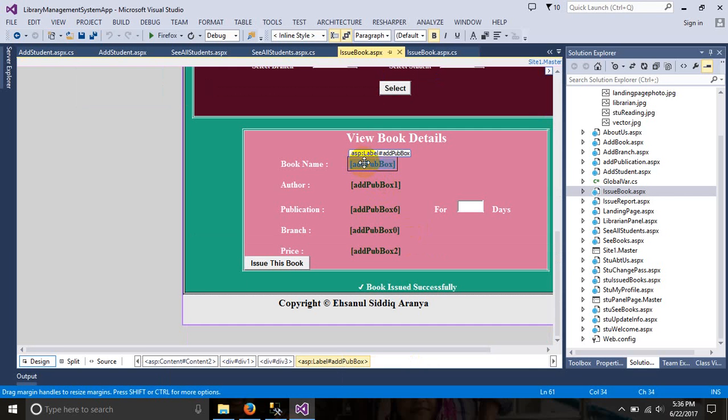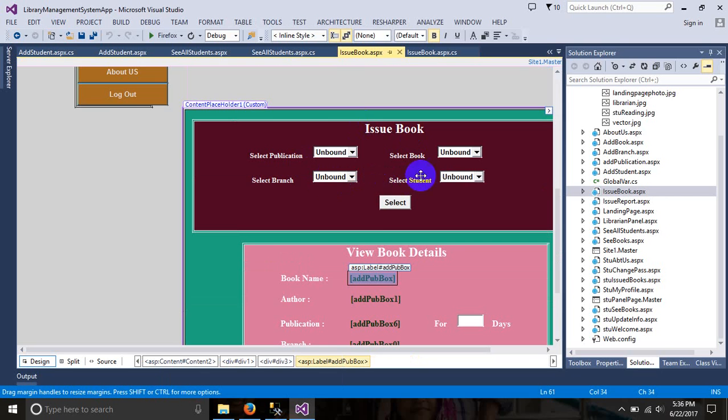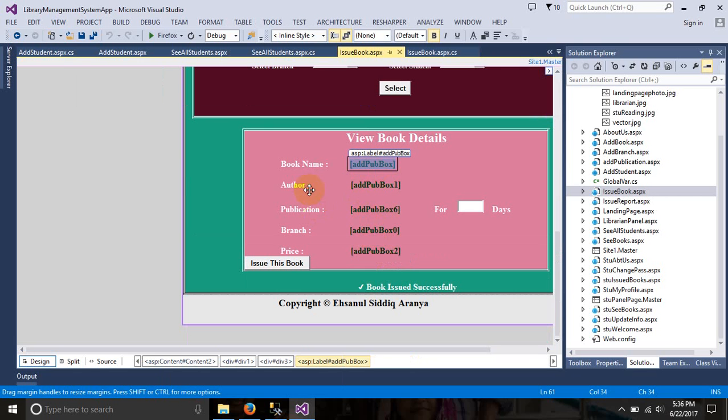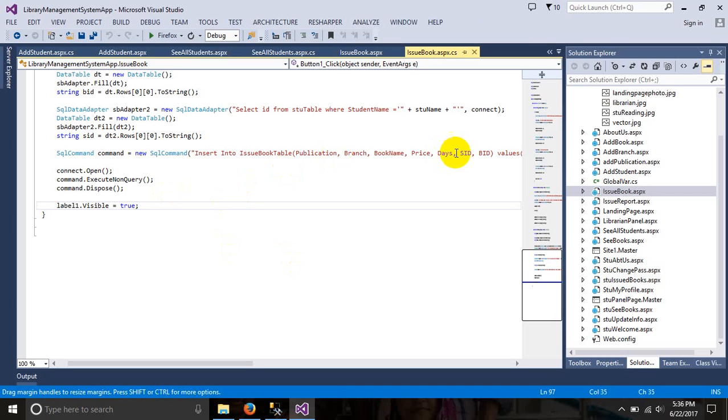Here is the add pub box. So in here this information will be shown, and according to book name every information will come from the book table. So when you are putting a day and issue the book, then it will insert the